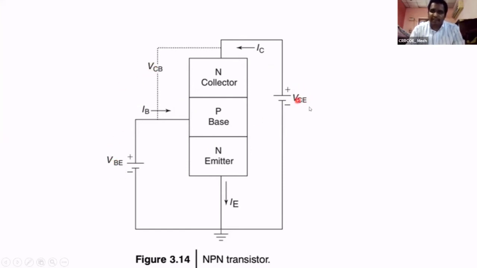If you increase VCE, what will happen? VCB also increases. When VCB increases, what will happen? In NPN, this junction is connected in reverse bias. This causes an increase of the depletion region, which reduces the base region. Because the base is narrow, the collector collects more electrons, which means base current reduces. Further, the remaining collector current increases.